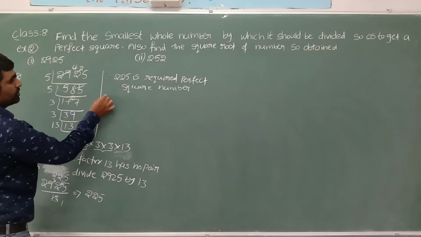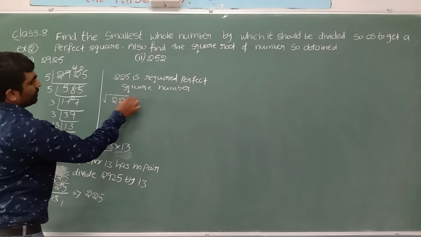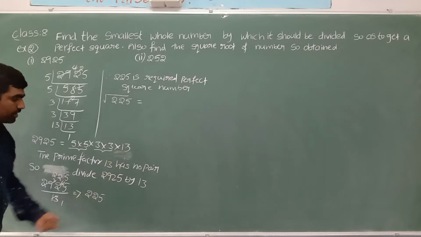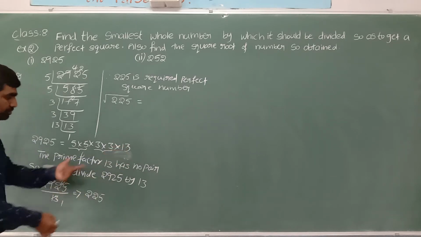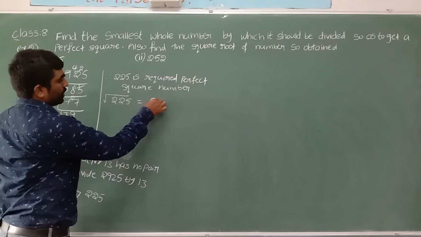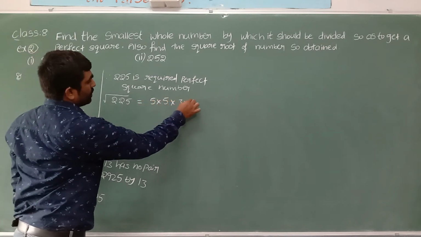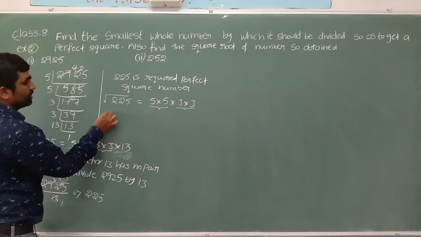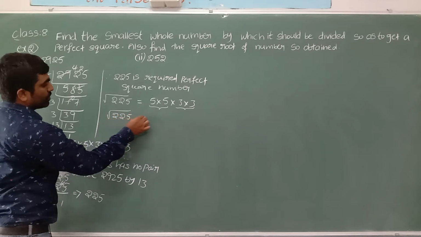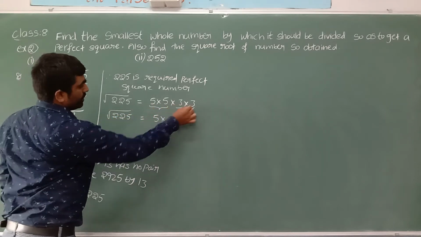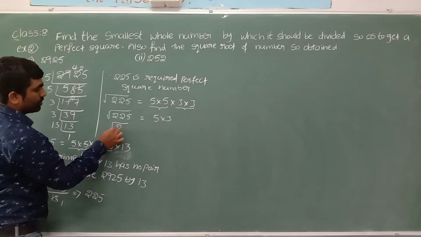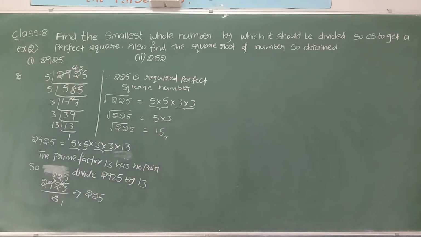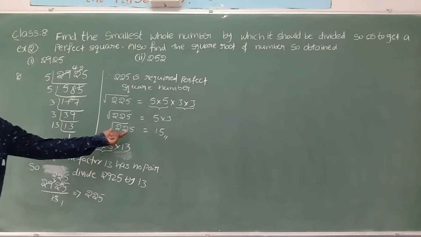How can we find the square root of 225? Again, no need to go for prime factorization. Same prime factorization, just we are dividing by 13. So when we divide by 13, 13 will be eliminated and all the factors will be there as usual: 5 into 5, 3 into 3. Hope it is clear. For every pair of digits, we can take one outside. So the square root of 225 is 5 into 3, which is 15. 15 is the square root of the given number. 15 into 15 gives 225.